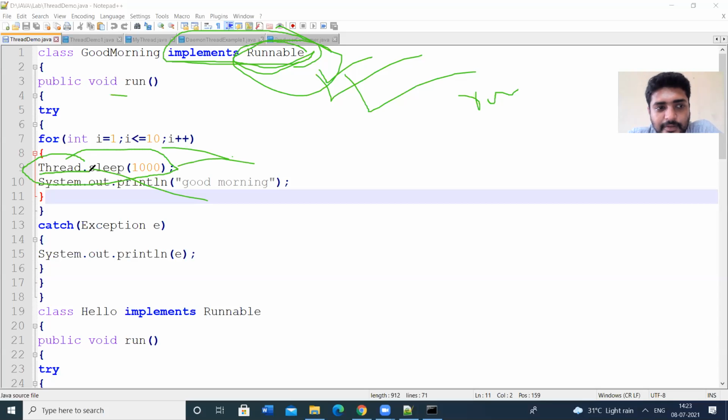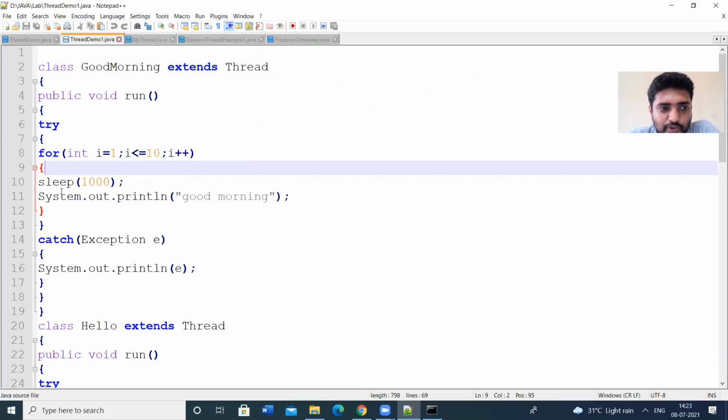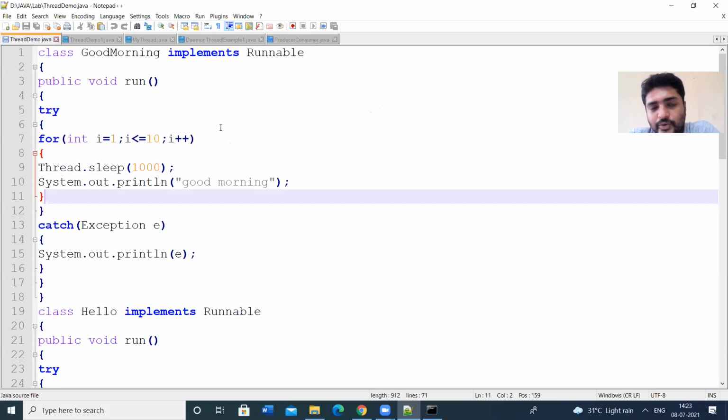That's why Thread.sleep. In the previous program, we have not given anything. See here, just sleep. We just invoked the sleep method without any object reference or class reference. But whenever we use the Runnable interface, we have to access it from the class.